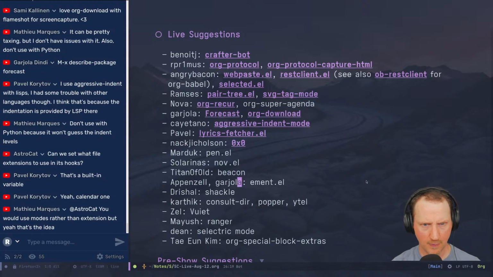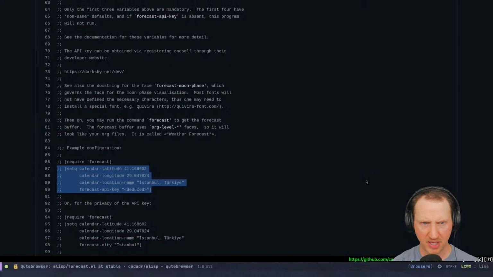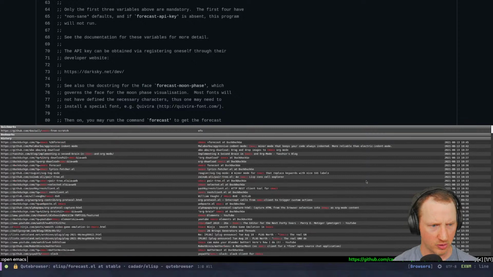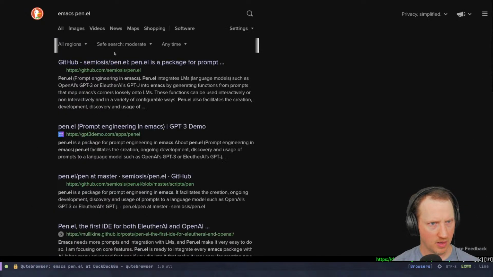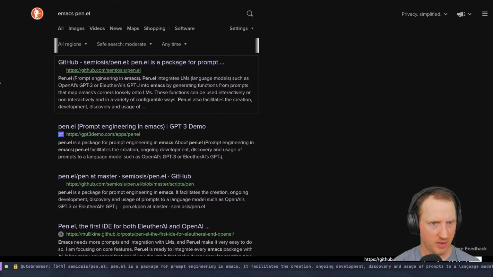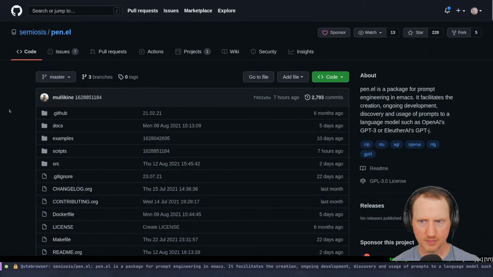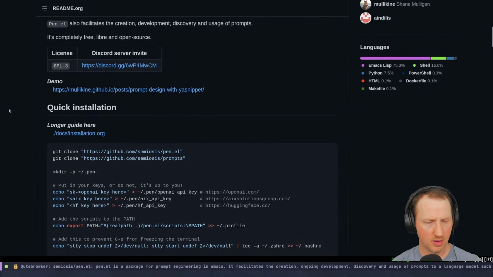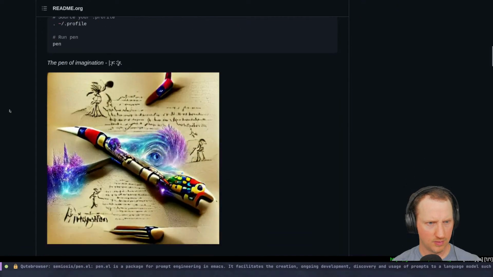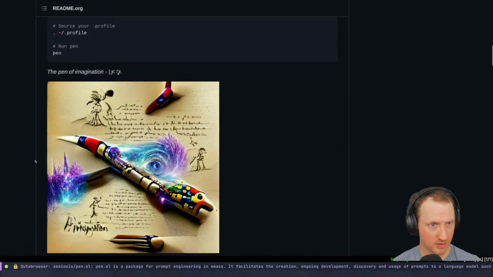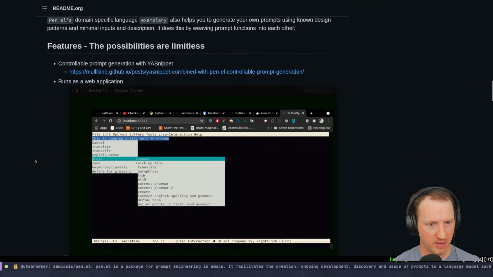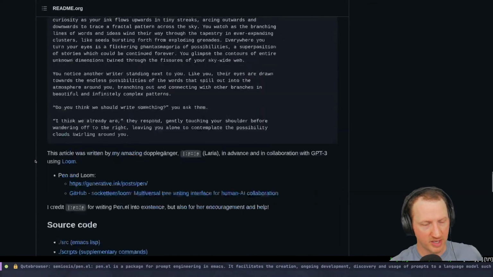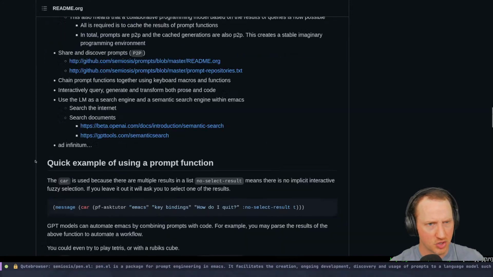Okay. So, next package. I think we just determined that pen.el is a little bit intense, right? It's like some kind of GPT-3 thing. Awesome, though. Okay, this is what it is. It's basically, you can type in stuff to make those crazy images people have been showing online, like the generative art.